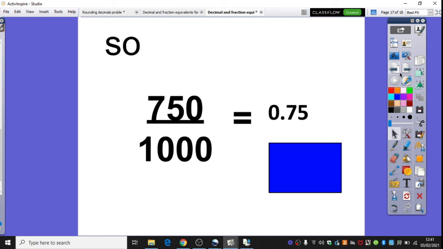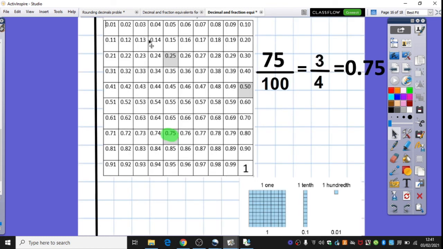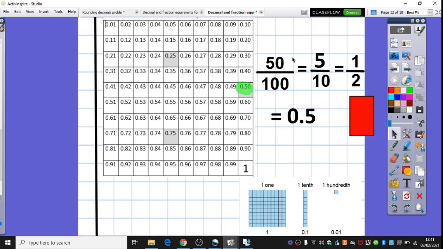So this is some new learning today, Year 5, where you are going to be identifying equivalent fractions to decimals. It's going to be really important today to use the 100 squares to help you where needed, and to really go back and think about your knowledge of equivalent fractions, knowing how to turn your tenths into hundredths here,